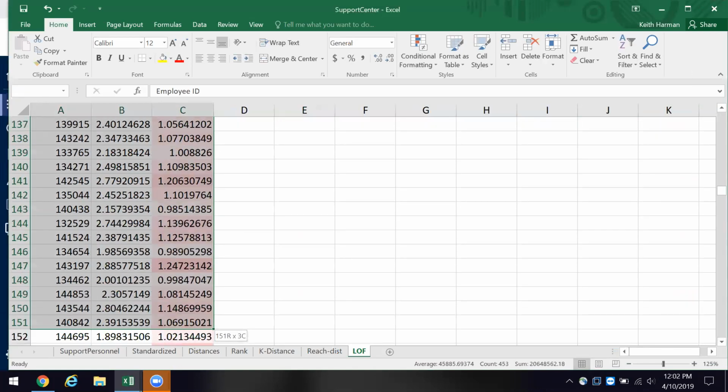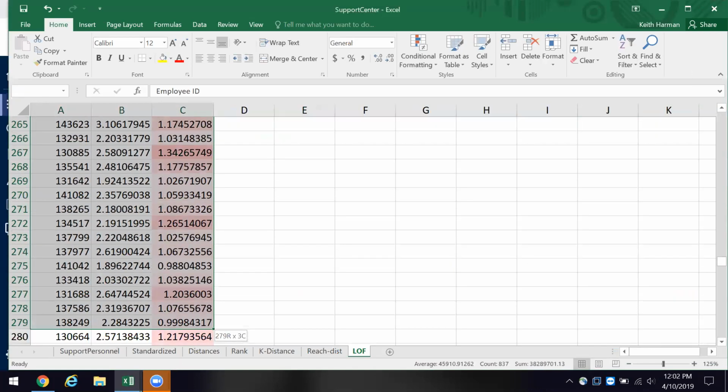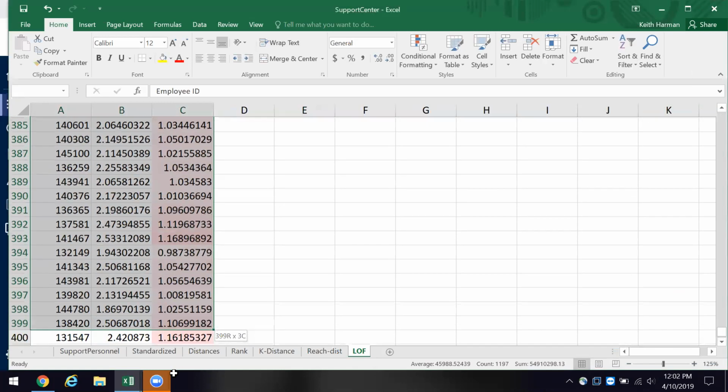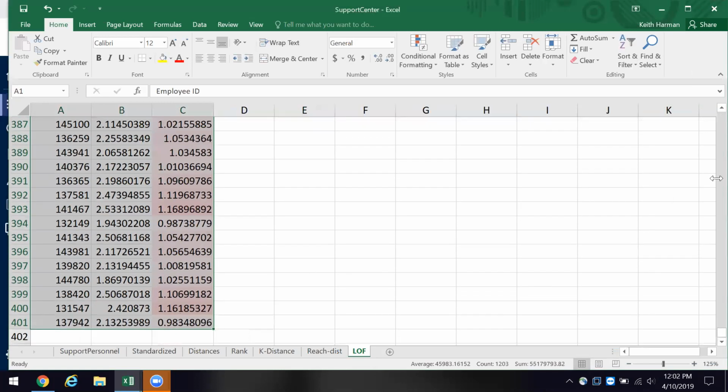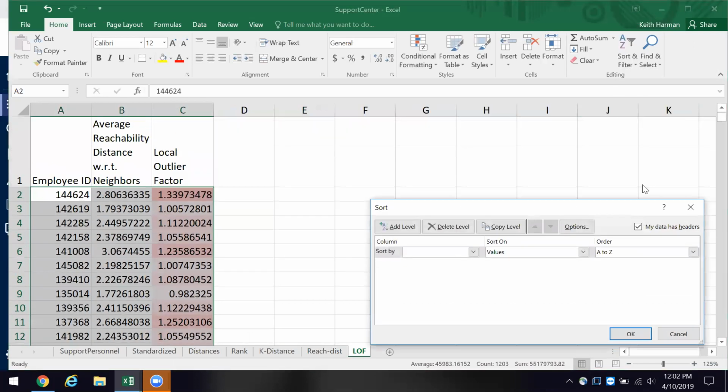So we're going to come down here and go to the sort and filter. I'm going to do a custom sort. All right. Now we're cooking. And I'm going to sort by local outlier factor, largest to smallest. Now let's take a look.